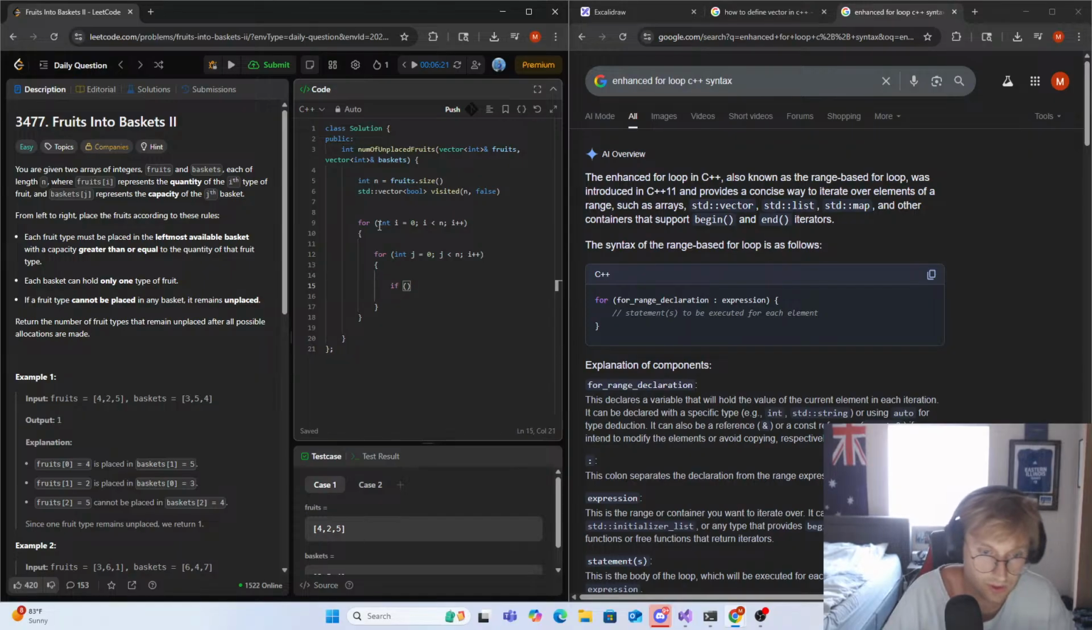Right, so then we want to check, okay, well, if, so we're looking at our i value, right? We want to see, well, if i is less than j, so that's our first thing here. So if fruits i is less than or equal to fruits j and